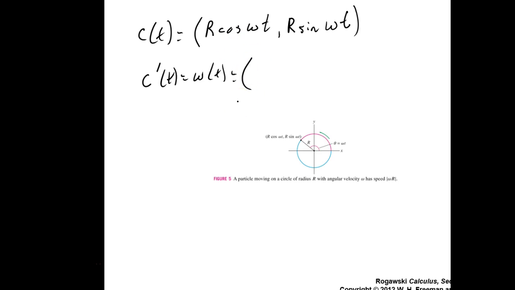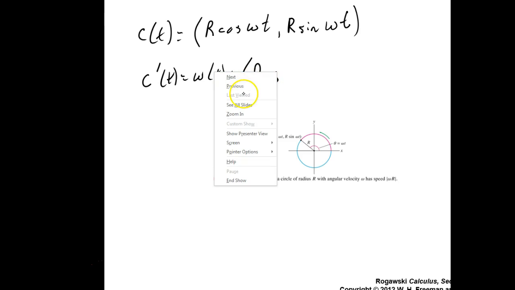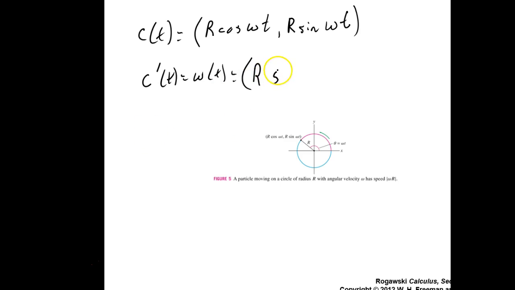I'm going to do this as if this was a vector, but in fact they do this and it does become a vector. What would that be? Would it be r sine omega t? Omega t is not a w, an omega. And then r, it'd be r omega, because t is your variable that you're taking the derivative with respect to,